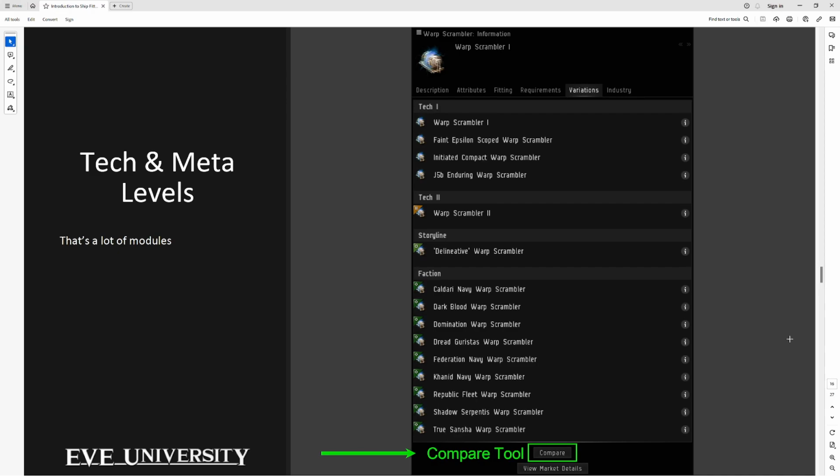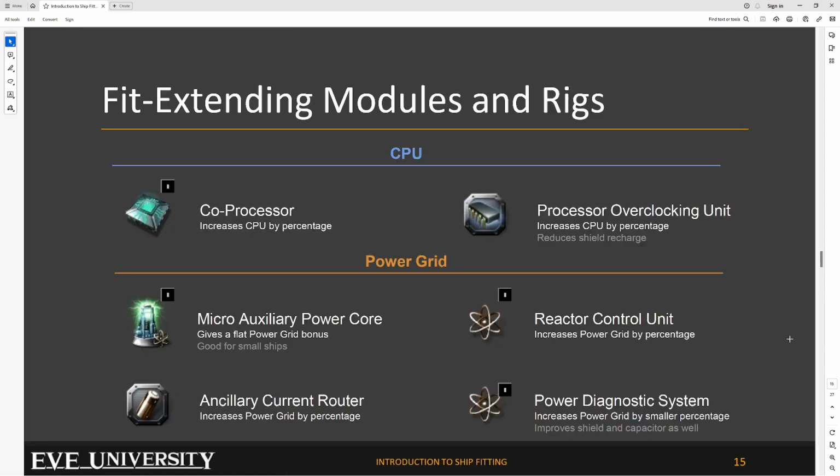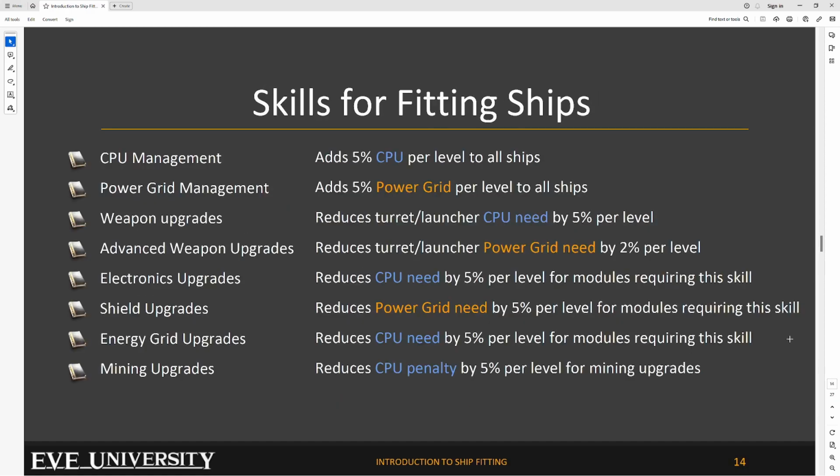Very good question. That's not easy to answer, unfortunately. The best thing you can do if you've got time is set up your character in Python, and Python will let you import the skills that you actually have, and then you can model which skills you're missing. So the skills that you could be missing, let's scroll back up, are CPU management, power grid management,